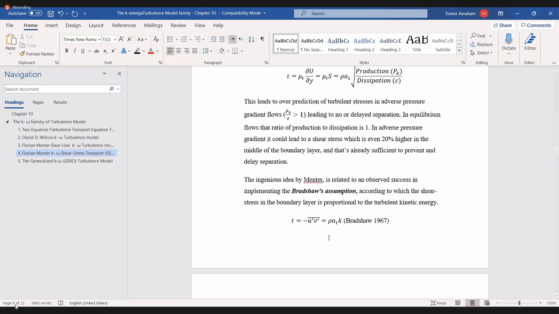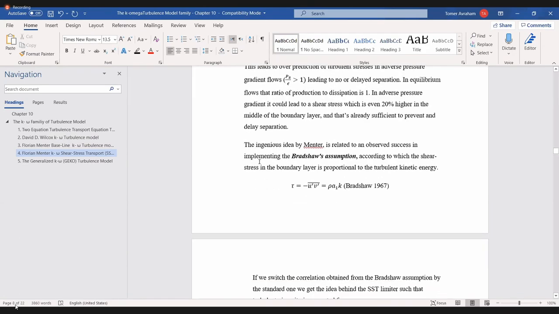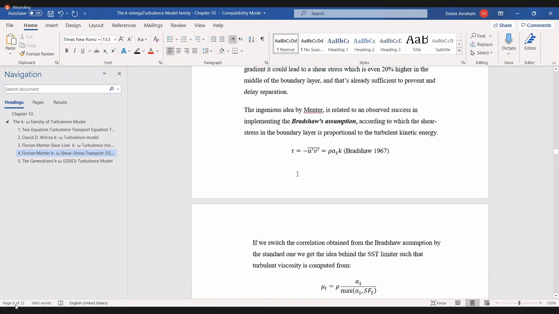It's the same everywhere except in adverse pressure gradient aerodynamic flows cases. But that's what we have to remember. This kind of Bradshaw hypothesis could prove very severe for flows which are not aerodynamic. And Mentor tends to say it every time he lectures, but no one seems to pay much attention to it. So what we're talking about is 1994.